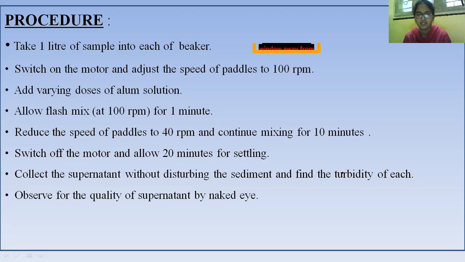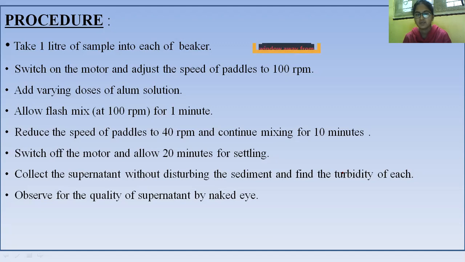After 1 minute, reduce the speed of the paddles to 40 rpm and continue mixing for 10 minutes. After that, switch off the motors and allow 20 minutes for settling,